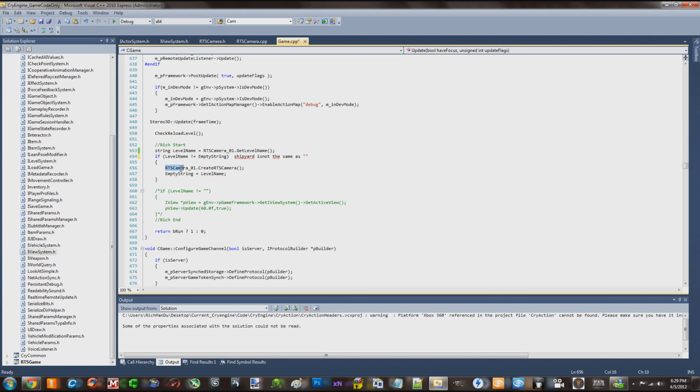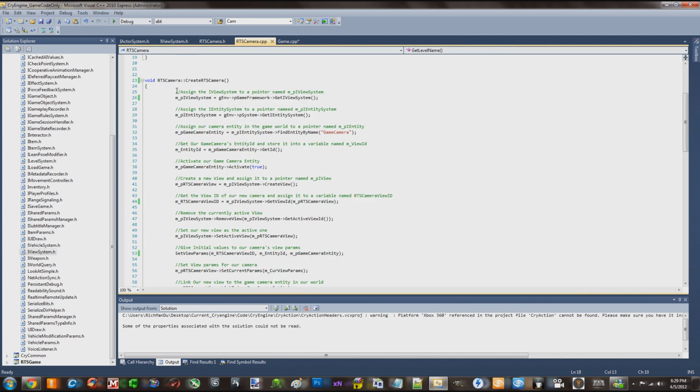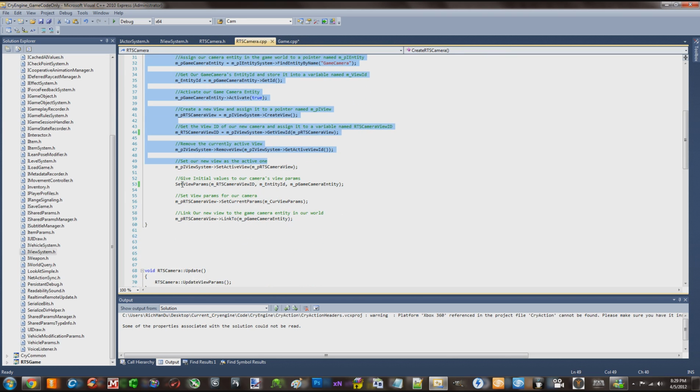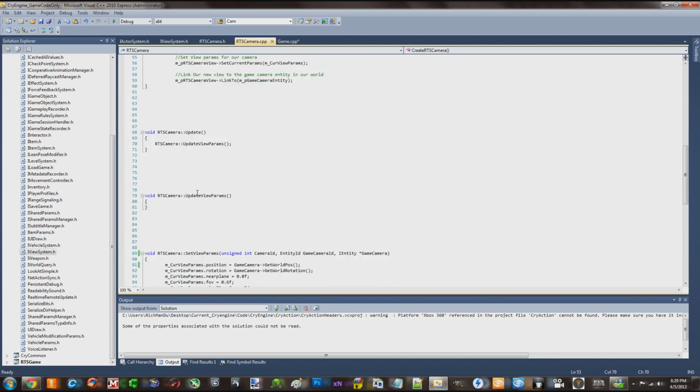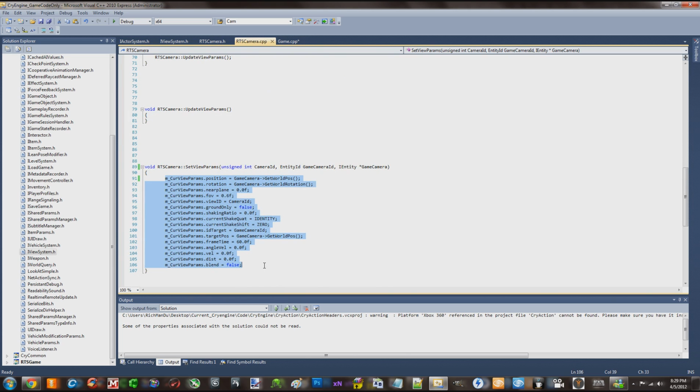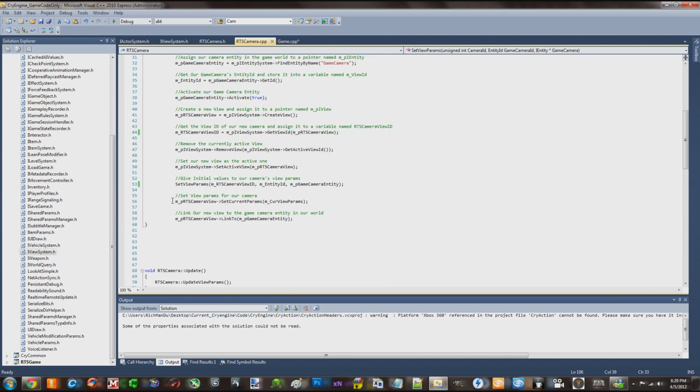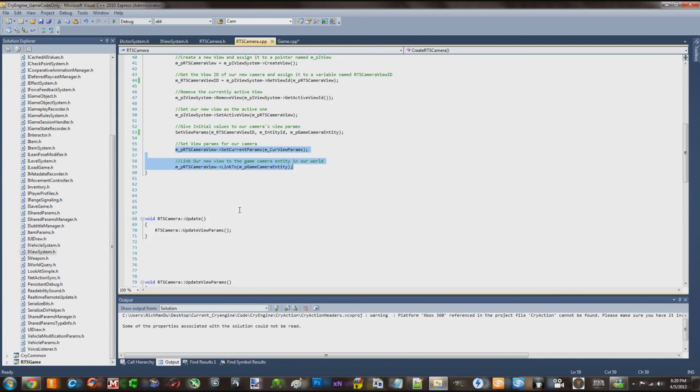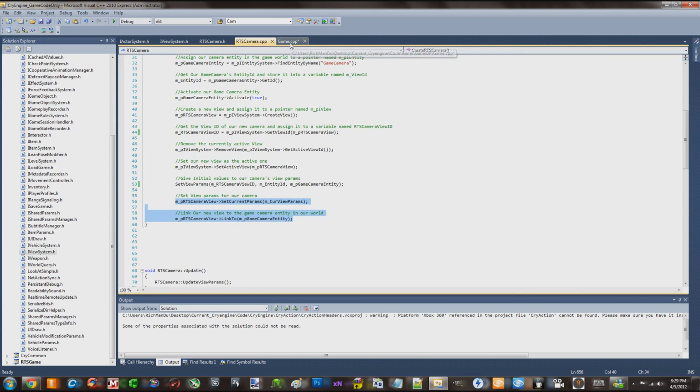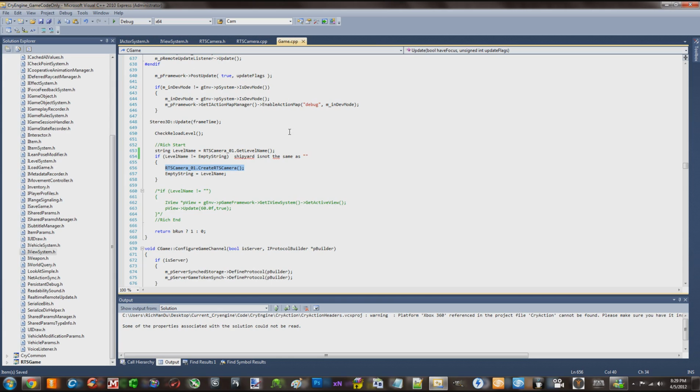So first of all, we create the camera. We create RtsCamera01, create RtsCamera. So we do all of this. Remember? And it gets to the set view params, and then it sets the view params. Now it gets all the parameters. Then it comes back up and it finishes. Once it finishes, the camera's created. It has its parameters. It now is in the game world. It has its own field of view, its position, it's linked to the entity,